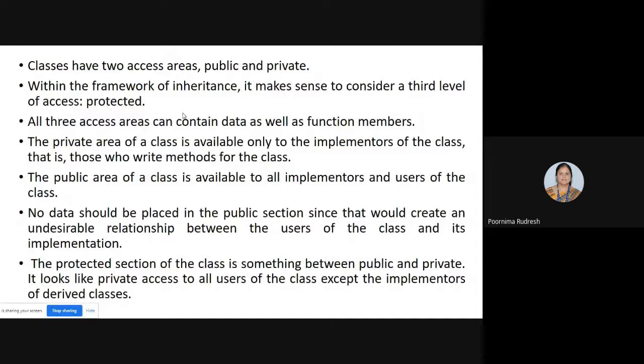That we'll see here. If we declare it as a private area, then the private area of the class is available only to the implementers of the class, that is, those who write methods for the class.